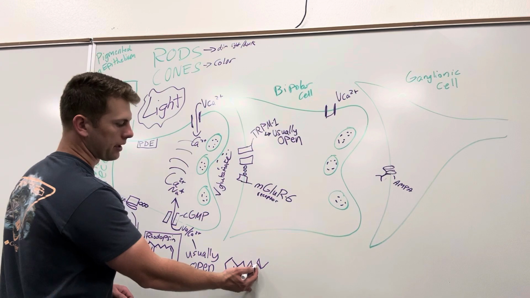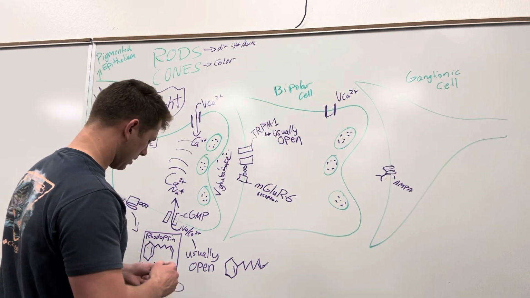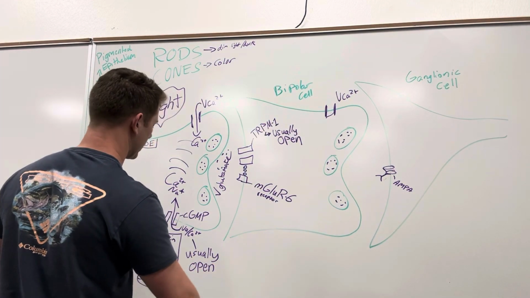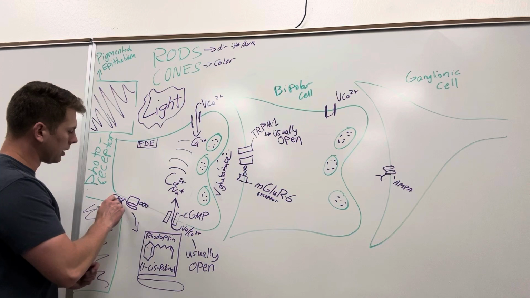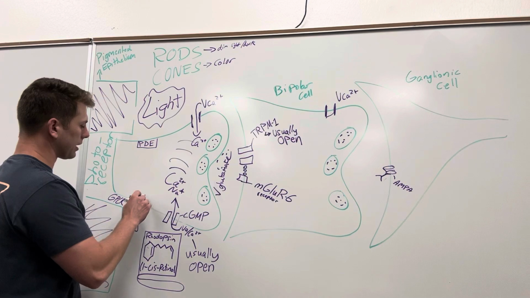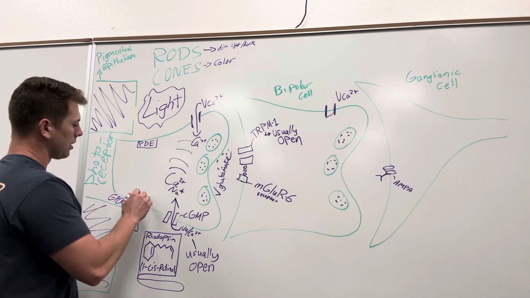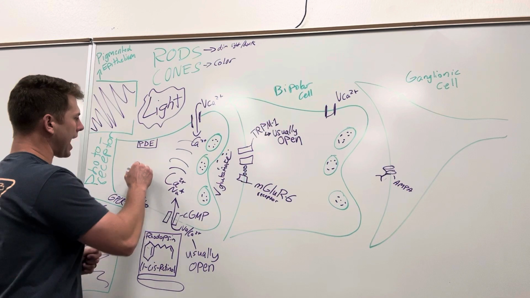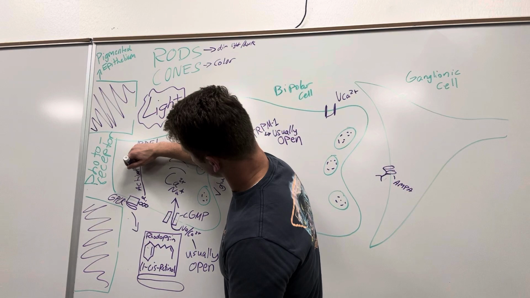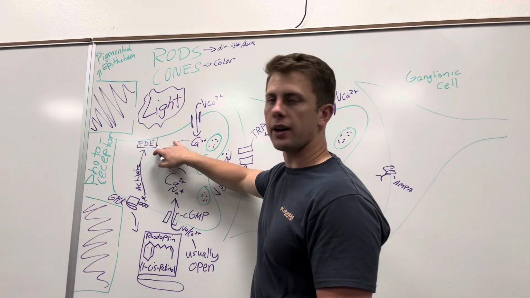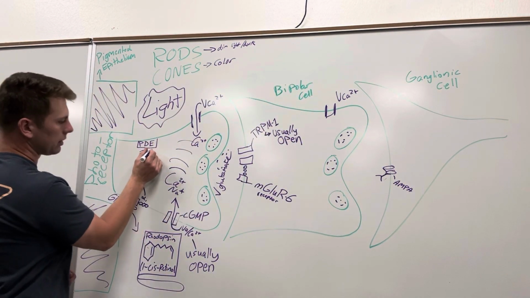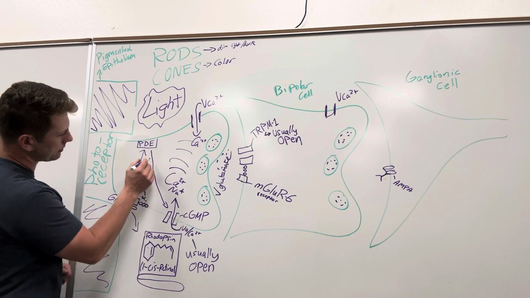Basically like that, to a trans double bond. What that does when it turns into a trans double bond, I'm just gonna erase that because it looks ugly. It will make this G protein coupled receptor active. And so the alpha unit will activate this phosphodiesterase, PDE, and then the phosphodiesterase protein actually breaks down